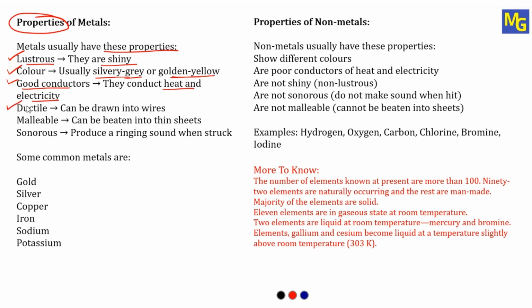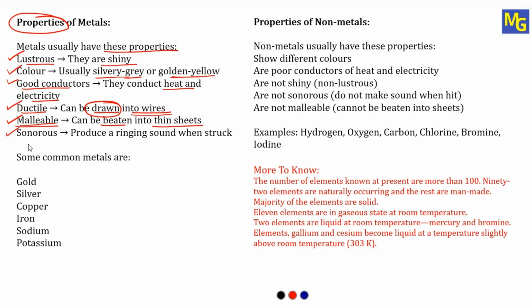Then the next property is ductile nature. Ductile nature means you can heat the metal till its melting point and after it gets soft you can draw it into wires. You can pull that metal, that is nothing but called drawing, and convert it into wires. Then the next property of metal is malleable. Malleable means you heat the metal till or below its melting point, make it soft, and it can be beaten into thin sheets. So you can see the iron sheets. These iron sheets are prepared from metal. That is called the malleable property.